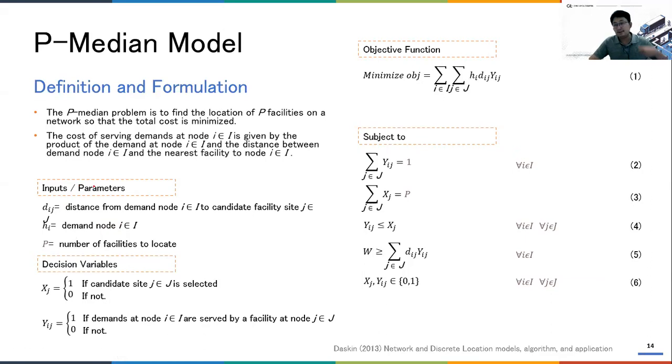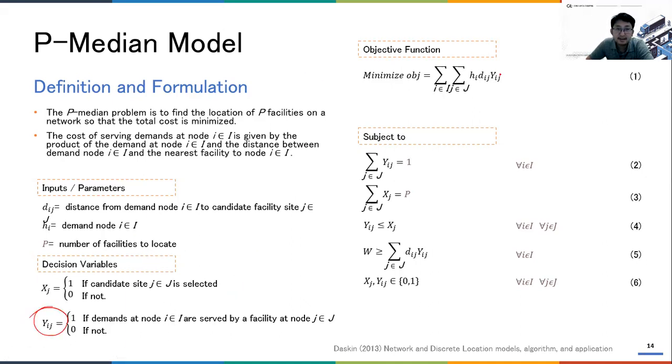First, it is quite similar to what you have in the maximum covering location problem. But here, normally the cost will be associated with the distance, and the demand is given here, with the number of facilities being allocated. Xj is still the candidate facility being selected. But here you also have Yij. It means that since we are considering, let's say, the transportation cost, you need to know which facility will serve which demand. So it has the decision variable Yij.